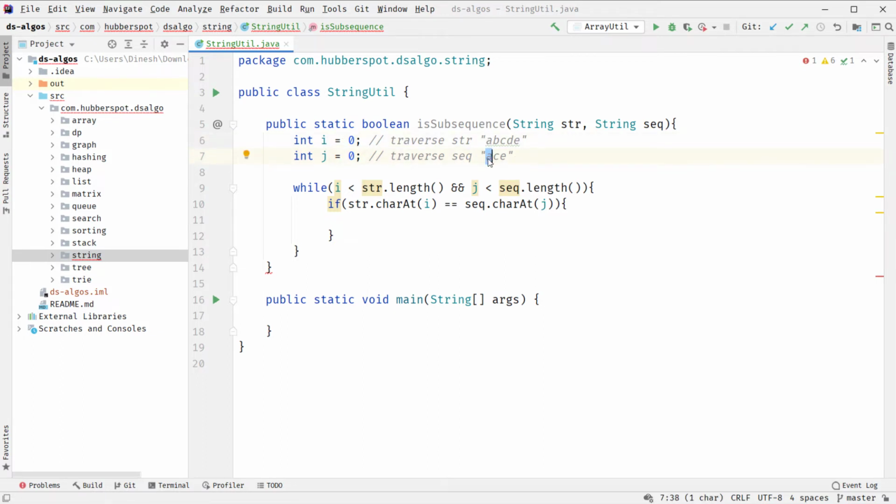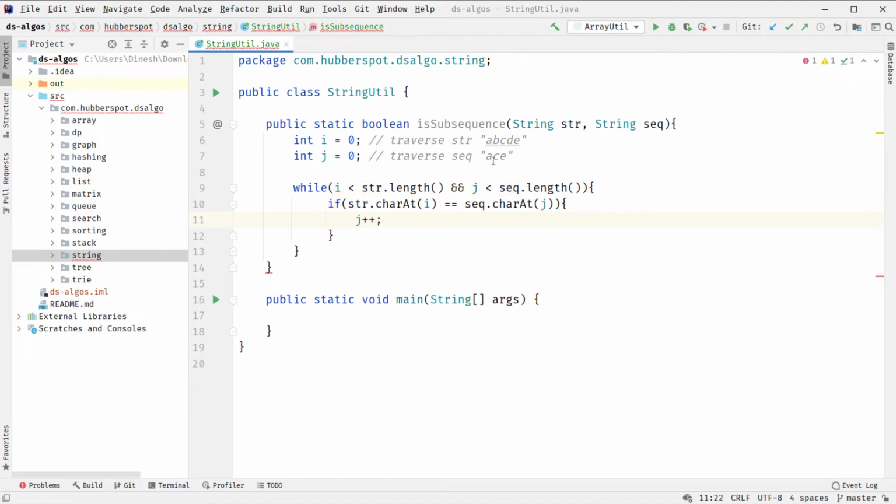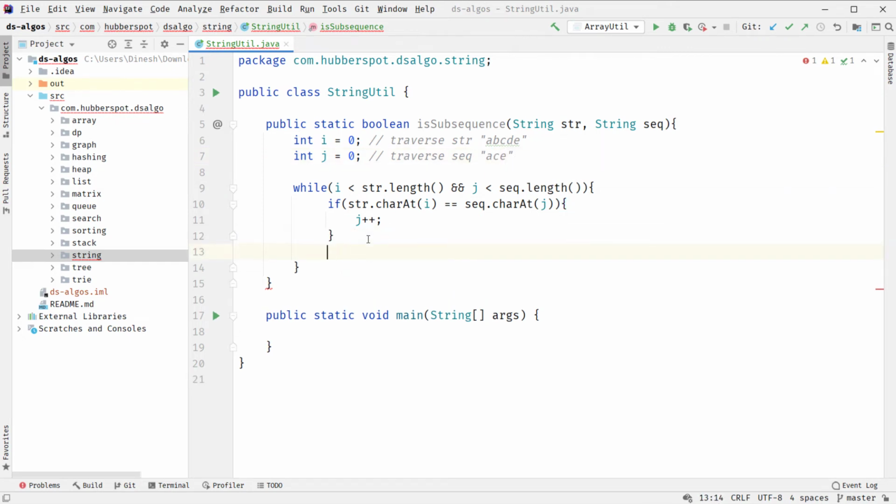If they are equal, it means we have found one of the characters of the sequence in the original string. So we simply increment j by 1, because now we try to compare the next element in the original string. After this if block we always increment i by 1 position, because we have matched this character with this character. Now C and E will be compared with the rest of the string.